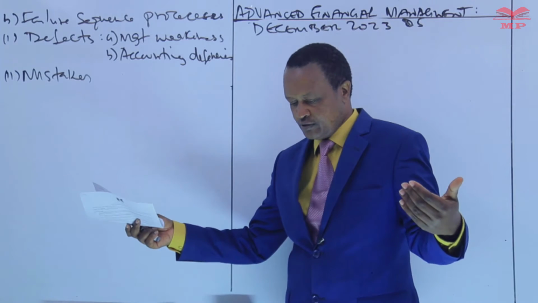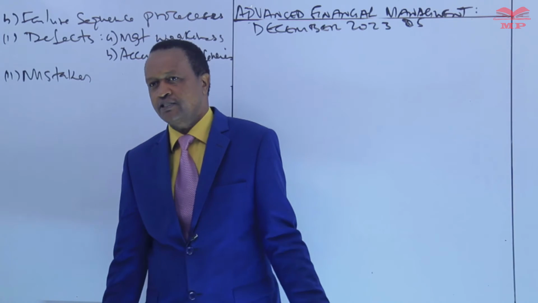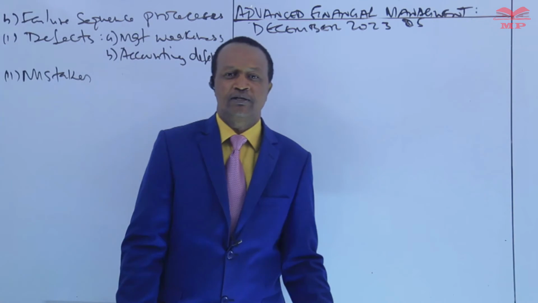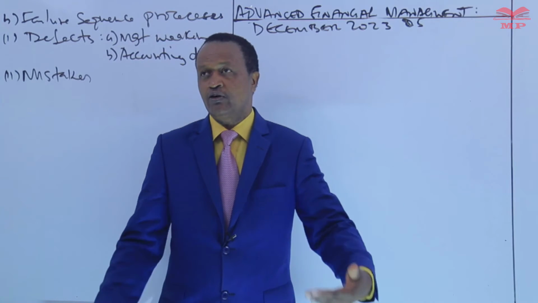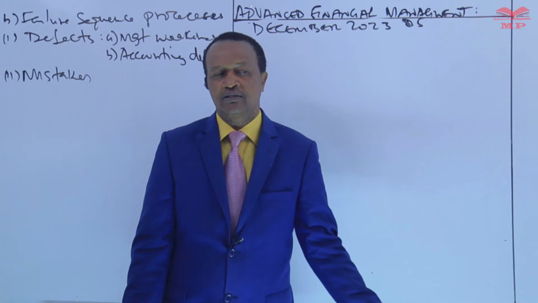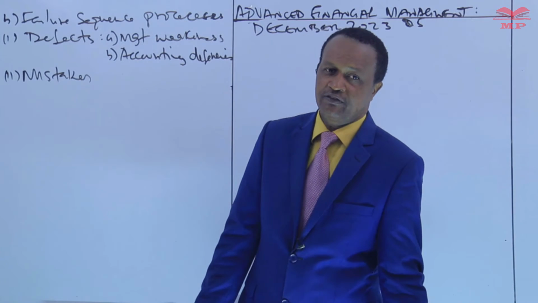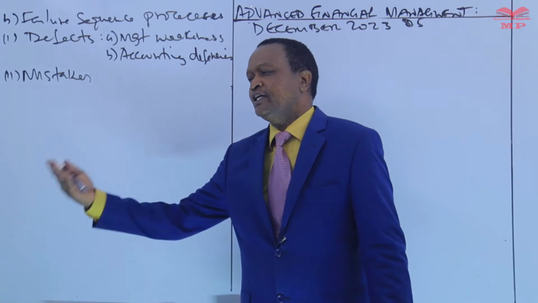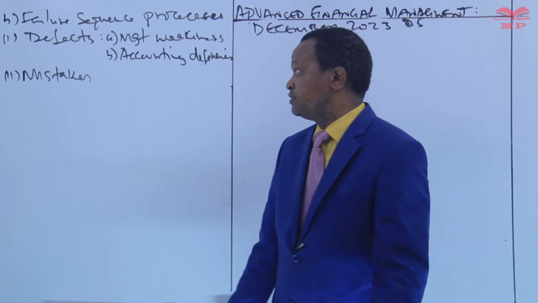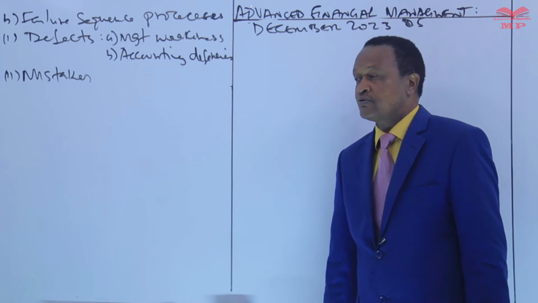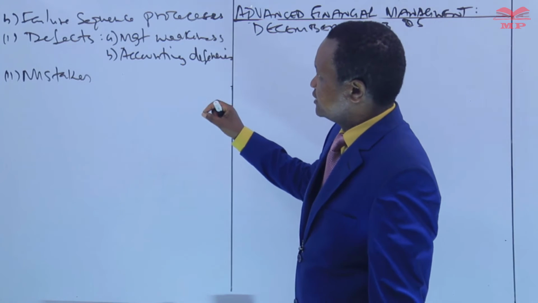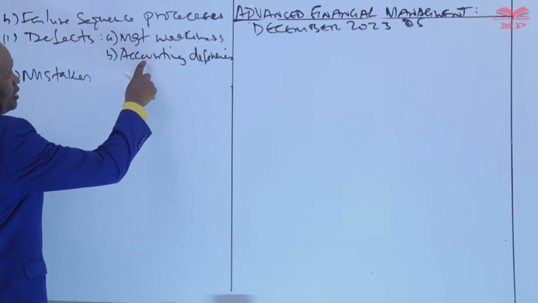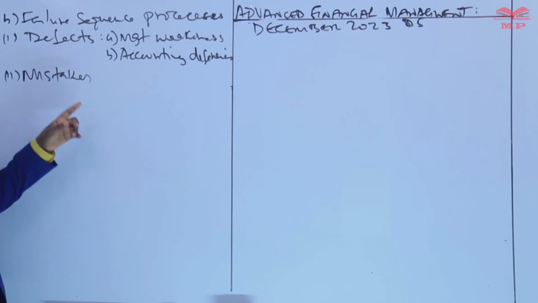It could be high gearing, that's a mistake. It could be overtrading, that is a mistake. It could be a failure of a major project. It could also manifest in a company diversifying in unfamiliar sectors or areas. You understand? Mistakes as a result of poor management, as a result of accounting deficiencies. The next stage is mistakes.